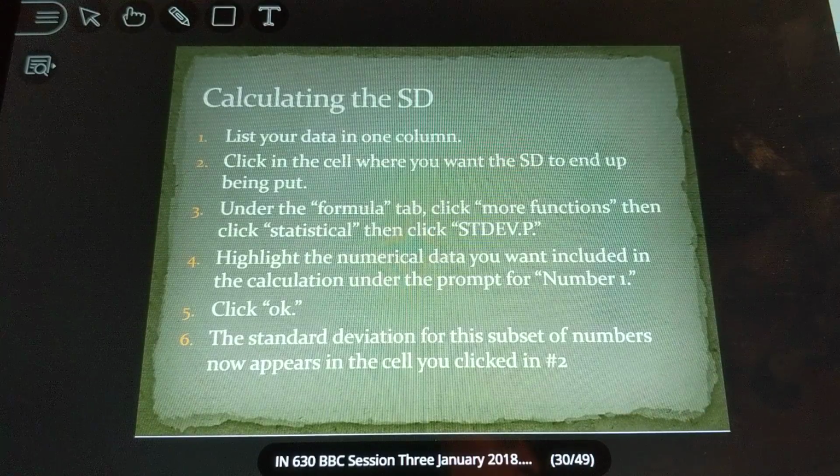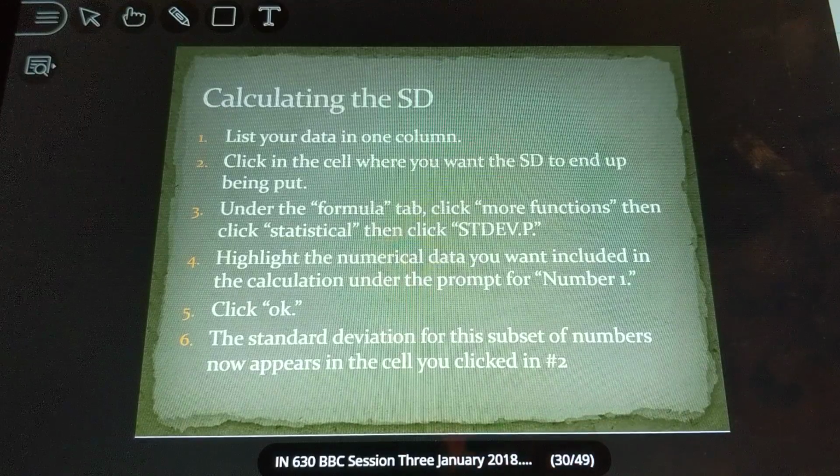Okay, we're going to figure out how to calculate a standard deviation. So you want to